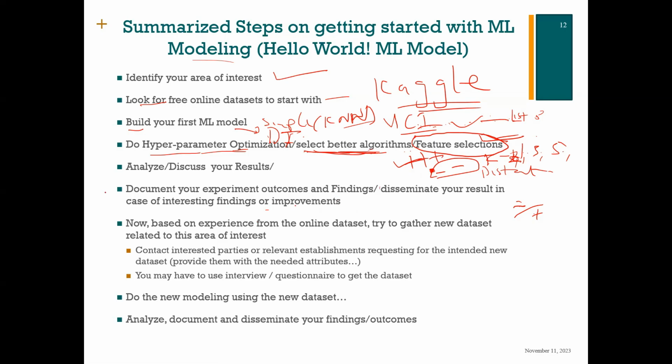I want to mention here that even though you are using an online data set, it doesn't mean that you cannot make a contribution in this area, especially from a researcher's point of view. Yes, you can use online data sets and actually get the outcome of your experiment published. You have to, of course, do the initial literature survey of those people who already worked on that data set. See what they have done and what their achievement is. Sometimes you see they worked on it, but were not able to achieve the maximum possible. Maybe they were getting something like 85% accuracy, for example.